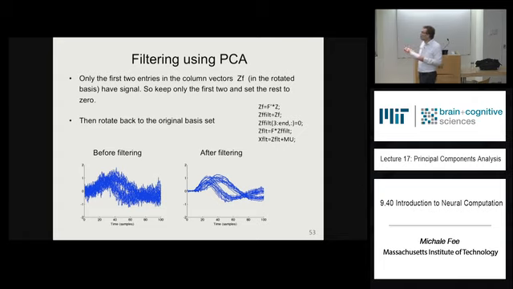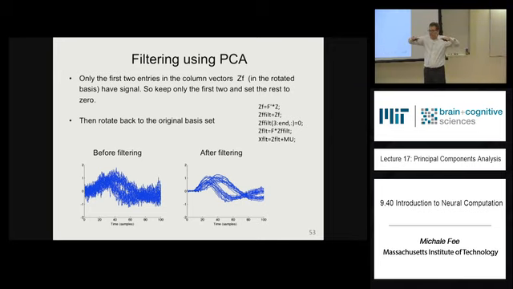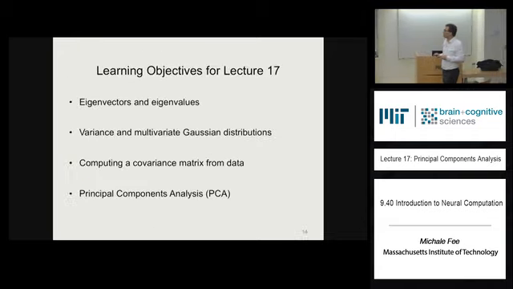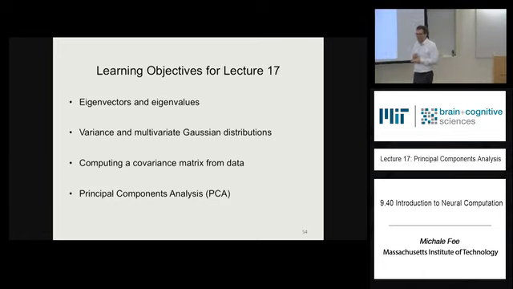Okay? So you found the low-dimensional space in which all the data sits, in which the signal sits. Everything outside of that space is noise. So you rotate the data into a new basis set. You can filter out all the other dimensions that just have noise. You filter back, and you just keep the signal. Okay? And that's it. So that's sort of a brief intro to principal components analysis, but